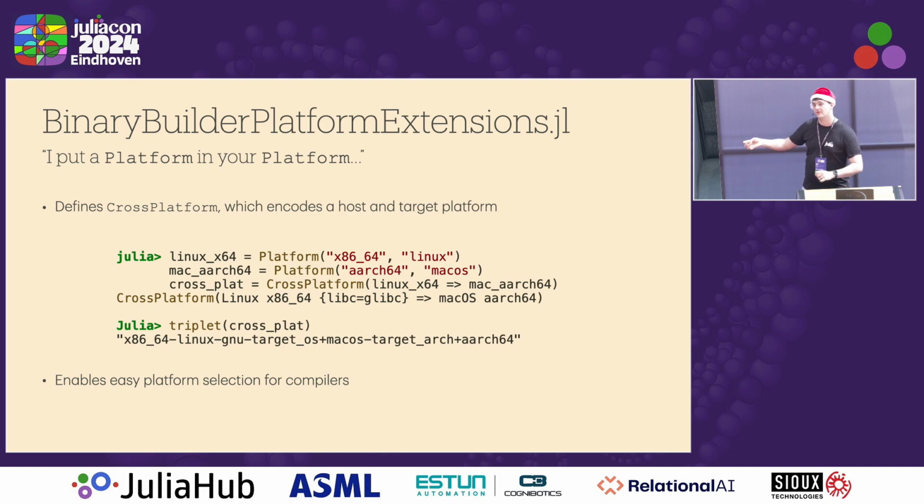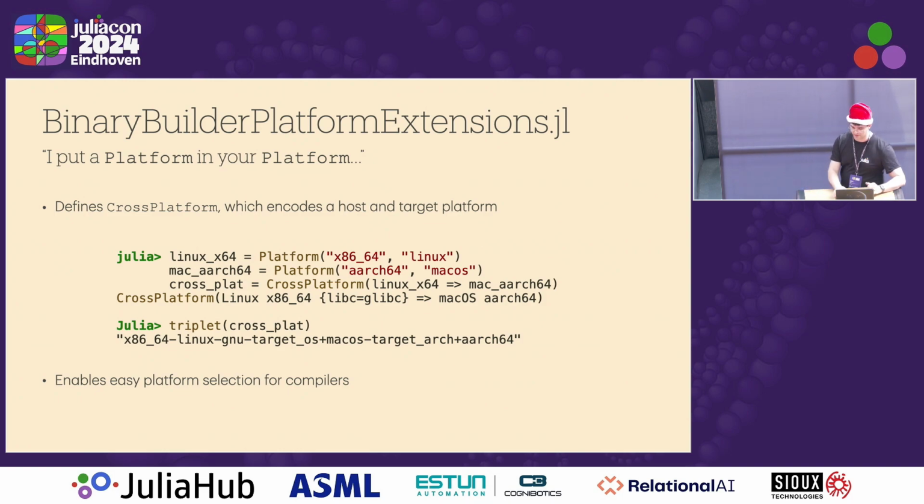And by using this, the whole artifact system is able to deal with these cross-platform objects natively. So you're able to download and use artifacts for your local machine very easily. This is just a brief mention that these kinds of things exist. So when you see these cross-platforms, this is what it means. It means we want to run something that runs on Linux, but it builds something for Mac. And so when you want to specify a compiler or anything, you have to use these kinds of cross-platforms.